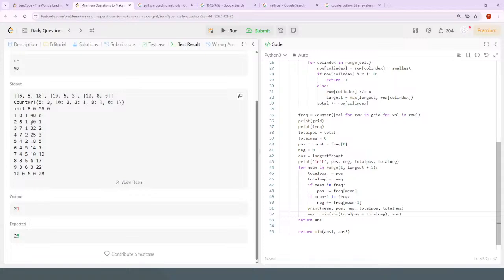So you bump it up by 1. Your number of positives is still 8. Your total number of positives is 48, is 40. And your total negatives is -1. That's 41. That's 34. 28. 23. 21. Yeah, this should be this should be